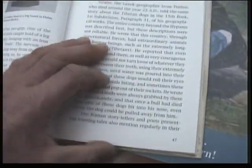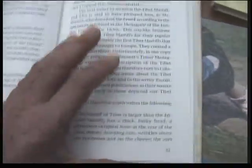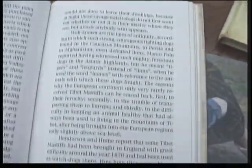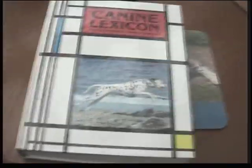Well worth having, and again this book, as far as I'm aware, is available, not readily available, but if you search it out, Amazon, eBay, you will come across copies. Very doubtful there'll be new copies, there'll probably be second-hand copies, and some of the prices I've seen being asked were really quite high, but it depends how desperate you are to get hold of such a book. Worth reading. Another book in my collection